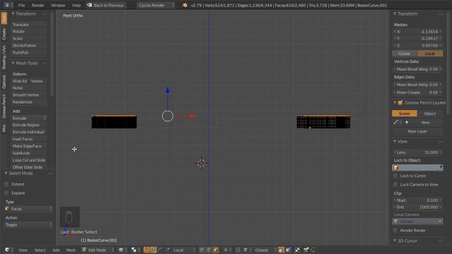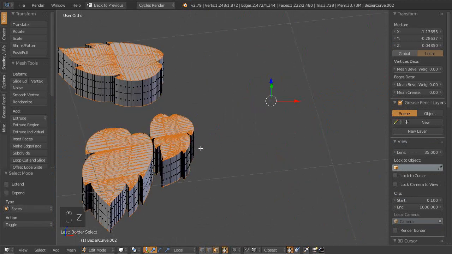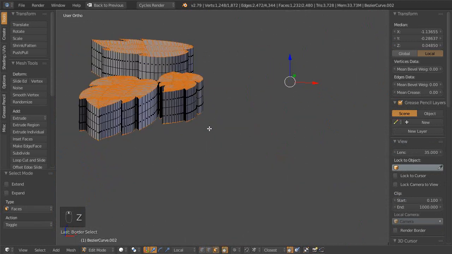Select only the top ones and the bottom ones. So I should really have all the top and the bottom faces selected